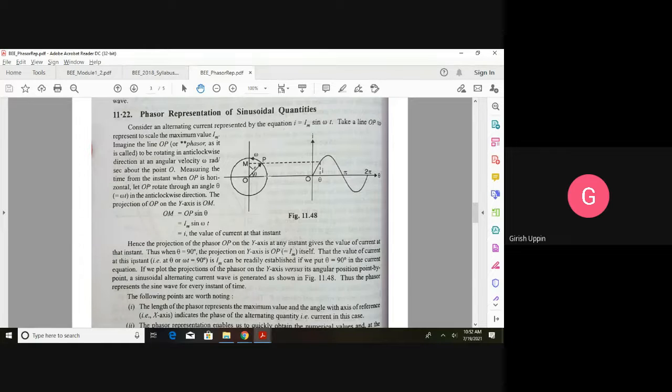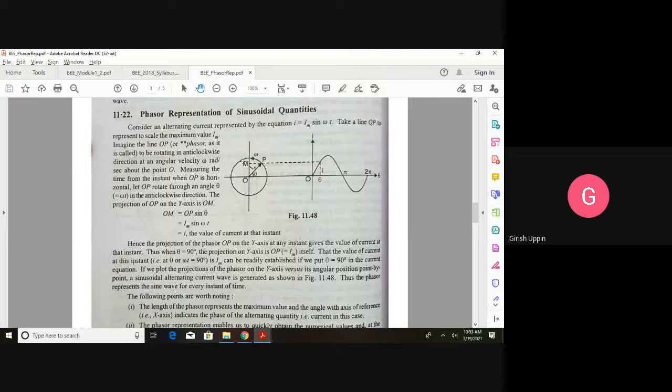Now I will slowly start rotating that phasor. Now this phasor is at an angle theta with reference to the reference. If I take the projection, it would be somewhere here. It has rotated through the angle theta, and this is the value. If I rotate this phasor to 90 degrees, that is when it will achieve the peak value. If I project that, it will come as the peak value, and this angle would be 90 degrees. If I continue to rotate here, again if I take the projection, it would come somewhere here.